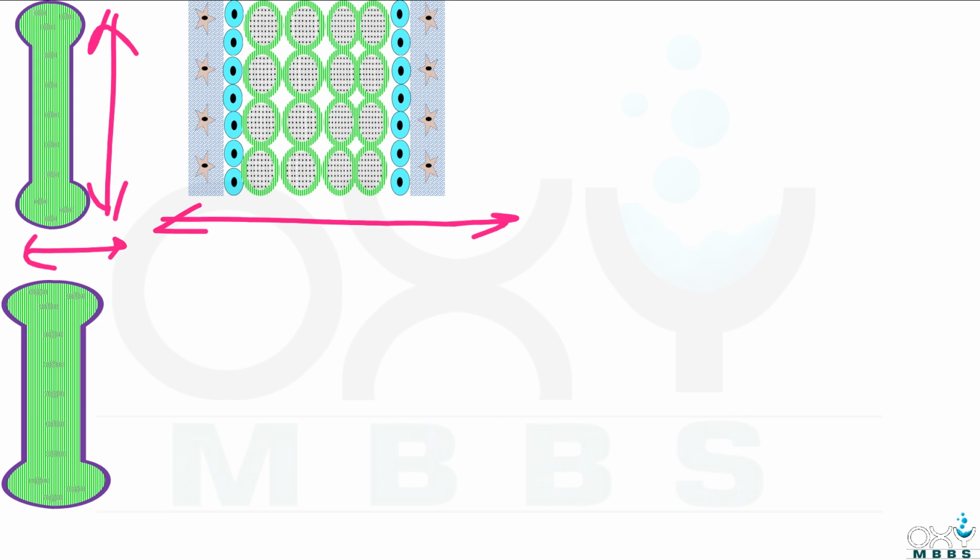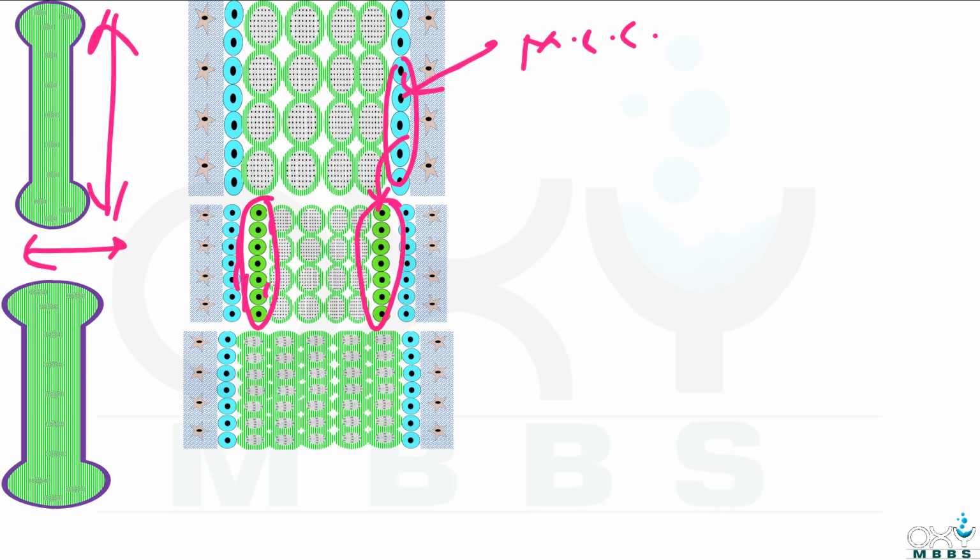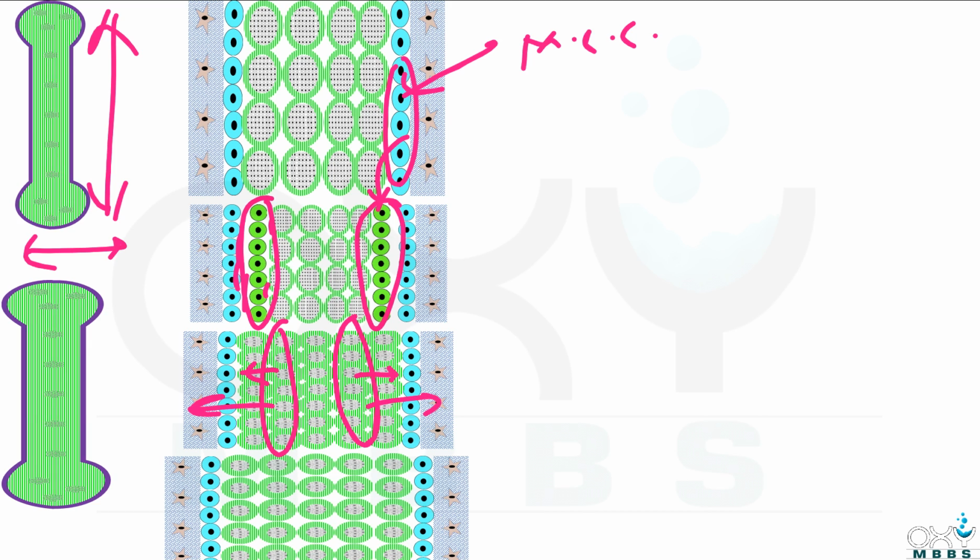Now as you all know, the inner layer of perichondrium has mesenchymal cells, and now these mesenchymal cells will get differentiated into chondroblast cells. So here are these chondroblast cells, and now these chondroblast cells start to secrete extracellular matrix in the periphery. As the new cartilage deposits in the periphery, this new cartilage pushes the old cartilage in this direction, and because of this the cartilage model increases in its thickness.